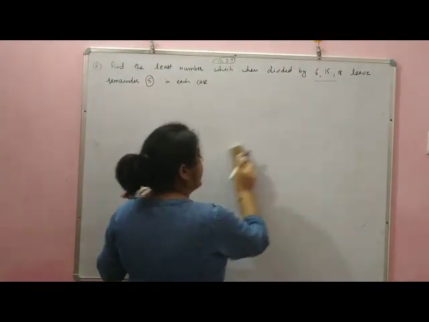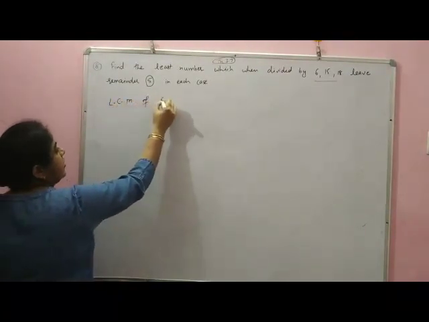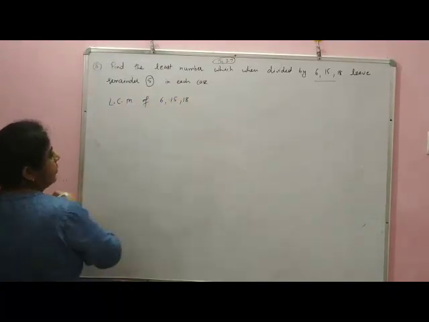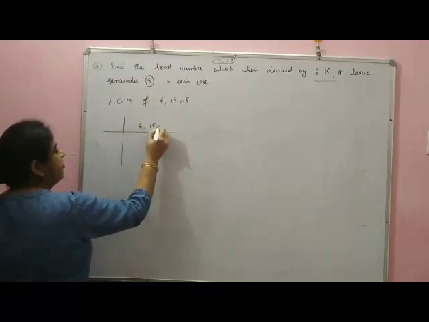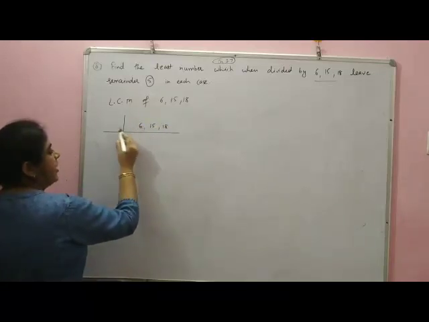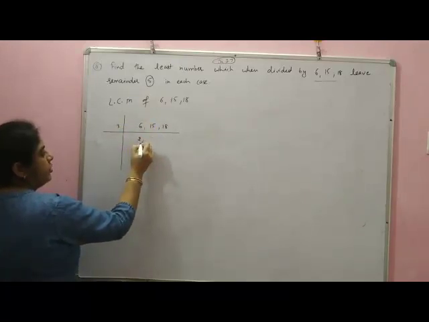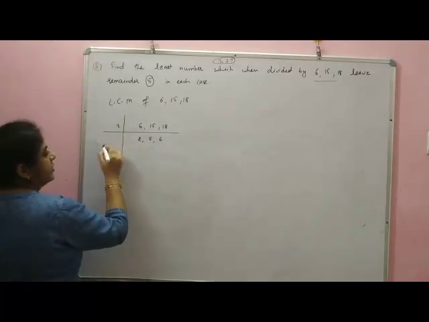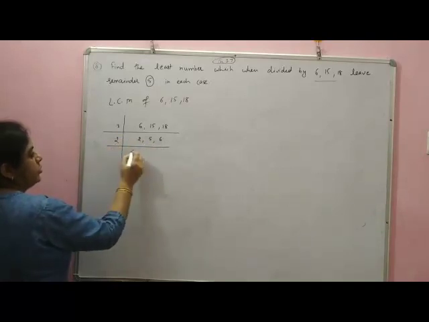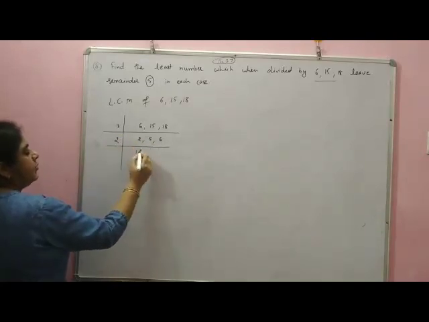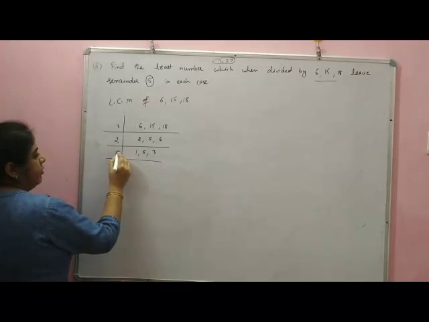First we will find the LCM. So first we will find the LCM of 6, 15 and 18. Students, we will use the common division method to find the LCM. We will choose a prime factor, 3, in which all three come. 3 is there: 3 twos are 6, 3 fives are 15, 3 sixes are 18. Now we will take 2, because 2 and 6 come in the table of 2. 1, 5 is not coming in the table of 2, so it will remain as it is. 6 divided by 2 gives you 3.